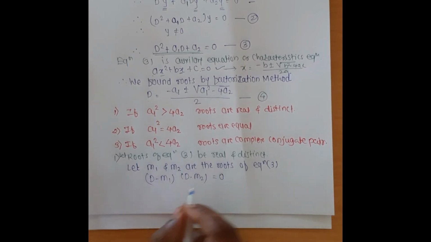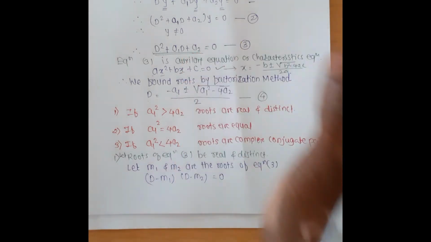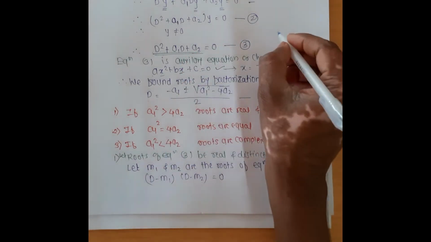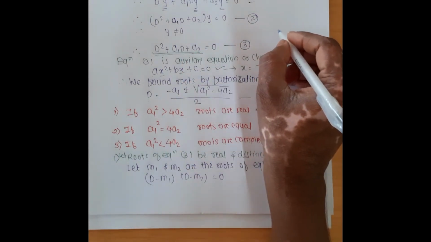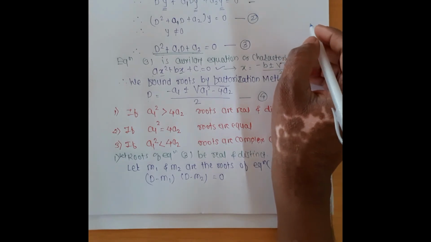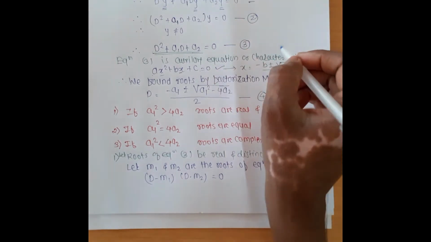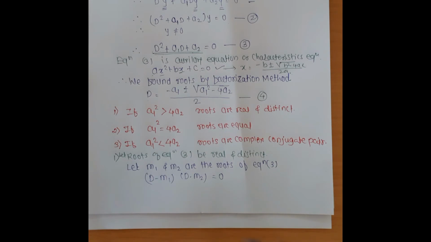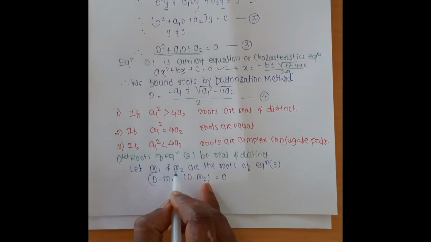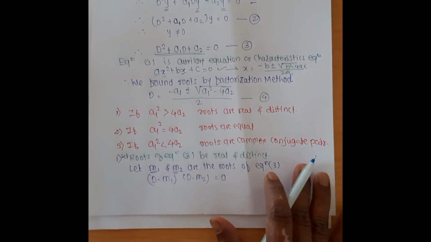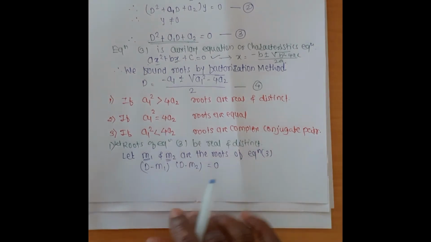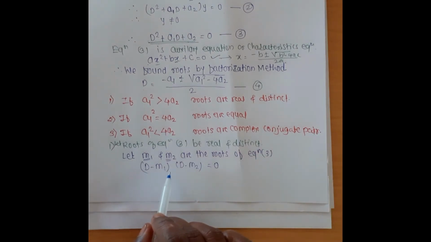is equal to 0, because these are already the roots. It means it gives the equation 4x square plus 3x plus 4. Then we find the factorization and solve these equations. So same here, the roots are already considered, that will be m1 and m2. So that's why we write the equation (D minus m1) into (D minus m2) is equal to 0. Hence these equations will be written as,